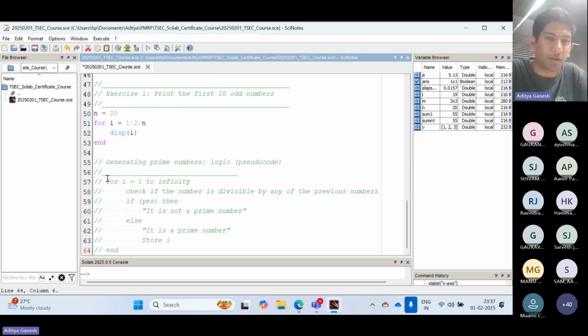Yeah, this is some kind of logic. So you can see you run your code from 1 to infinity. I mean, you have to let it go for infinite time. Then you'll have some logic by which you can check if the number is divisible by any of the previous numbers. That itself is like, you'll have lots of lines of code. If that logic says yes, if it is divisible, then you say it's not a prime number. And if none of the numbers before that are divisible by this number, then you say it's a prime number. This is the logic that people use to